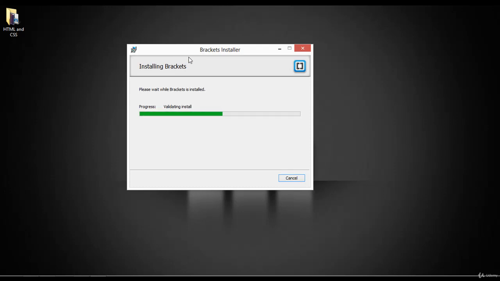So this is the way that you can download and install the Brackets code editor on your Mac, on your Windows. No matter which operating system you are using, this is the way of downloading and installing this code editor. Updating components registration. So this is the installation process we all know,